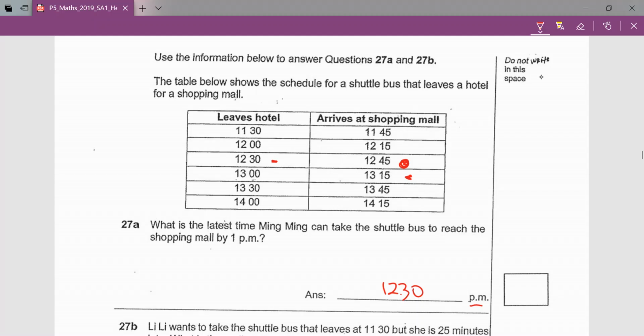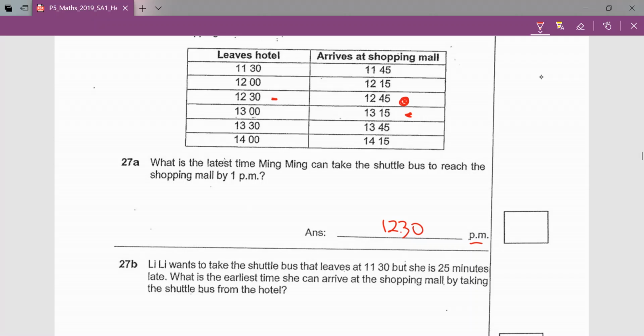Lily wants to take the shuttle bus that leaves at 11:30, but she's 25 minutes late. What is the earliest timing she can arrive at the shopping mall by taking the shuttle bus from the hotel? So she leaves at 11:30, but she's 25 minutes late, which means what? She's going to reach at 11:55 a.m. Okay, 11:55 a.m., which means